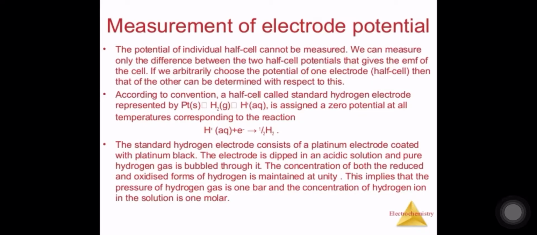At the end we have seen how the equation is formed for electrode potential, that is, the potential of the electrode is equal to the potential of the right side minus the electrode potential of the left side, right? And finally we got one equation, that is, E cell is equal to E Ag+/Ag minus E Cu2+/Cu, right?